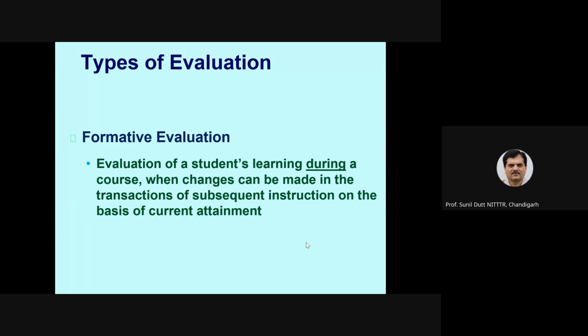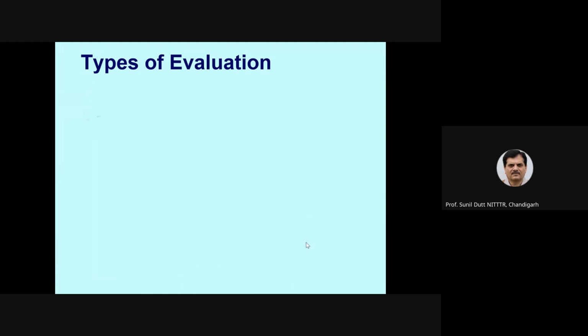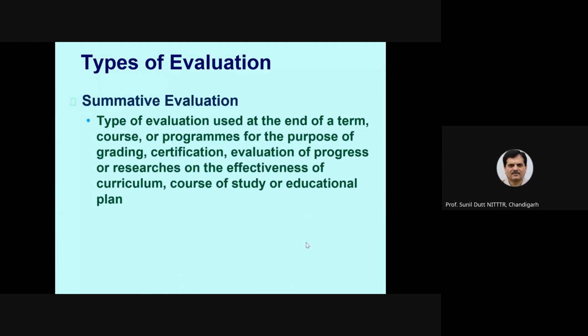Now, you have broken down your topic into 3 or 4 components. After delivering the first part of your lecture, you ask one or two questions. If you are not getting a satisfactory response from your students, it means you are required to make changes in your subsequent presentation. You need to give more examples, or you need to integrate media. You have to take some decision. Then comes summative evaluation, that is before leaving the classroom, or you can say, if we say semester, then end semester examination or end term examination.